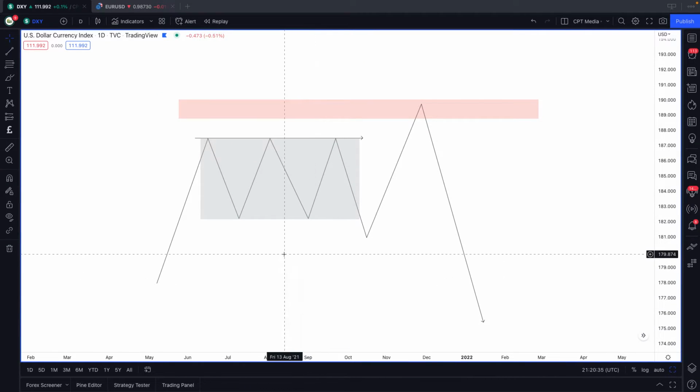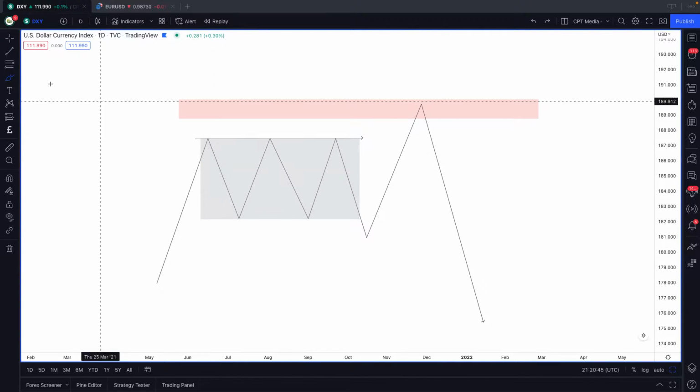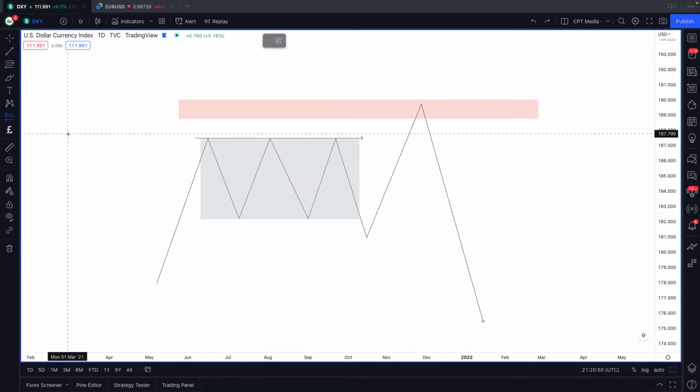But in this scenario, what you're seeing is these clear, I believe it's referred to as triple tops, right? These clear liquidity points, okay? Where now, the psychology behind this setup would most likely be